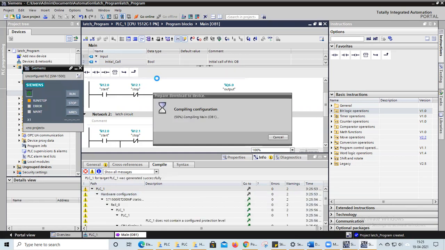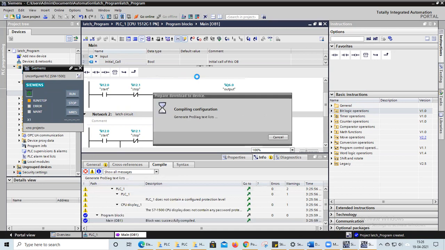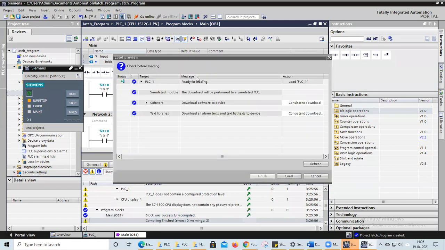Don't click anything. It means it has to prepare itself for downloading this software into the simulator. It may take 1 or 30 seconds. This window will pop up for everyone. In this window, you have to click the load option.